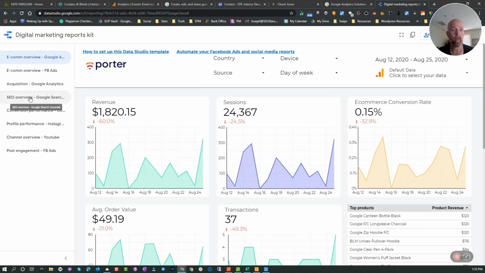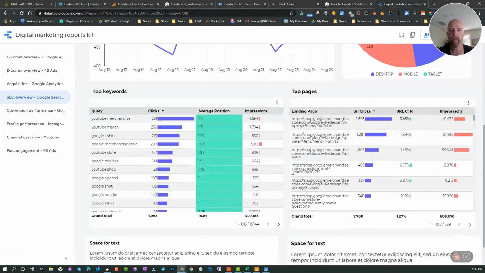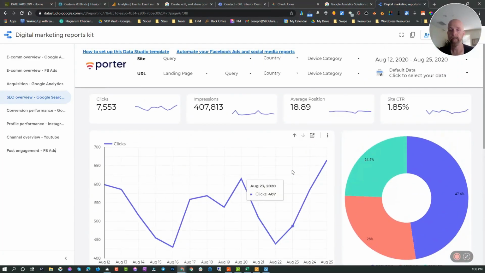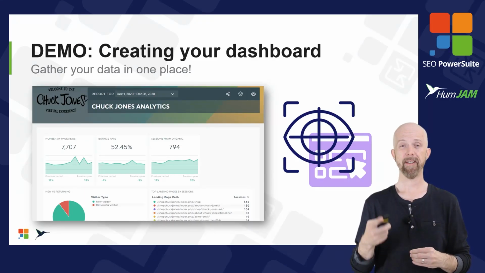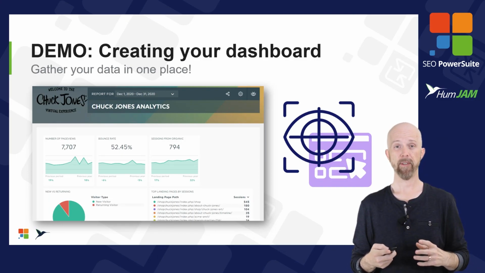and create some dashboards right from what other people are actually doing. As you see, SEO overview, it's going to pull in, and again, this is custom stuff that you can pull in and use for yourself. So anyways, take a look at Google Data Studio and see if there's a dashboard that you can create for yourself. Okay, really cool stuff, and hopefully you can get in and configure and create a dashboard for yourself and